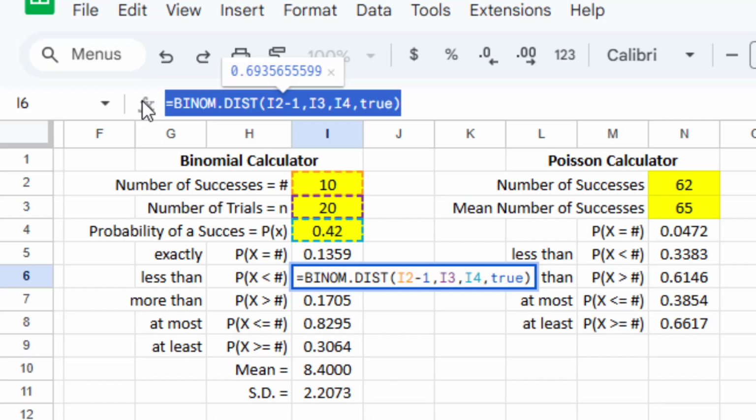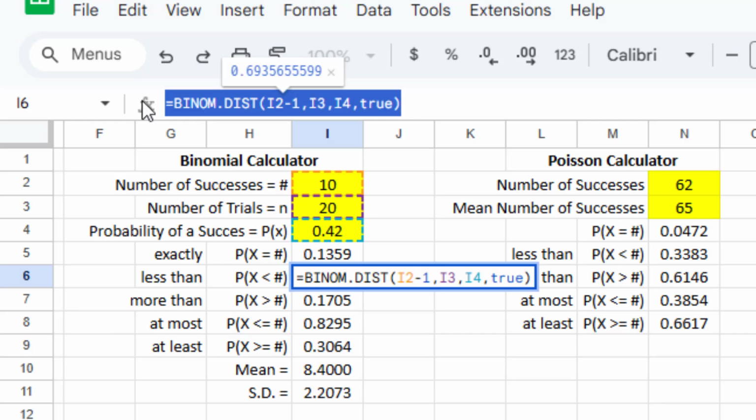Now you might be thinking to yourself, well, why not just use the same function that we used on line 8, but just change my answer in yellow to 9? Well, yeah, you could do that, but then that means every time you come across a question and it tells you it wants less than 10, you have to remember, oh, that's right. If I'm doing a less than 10, I have to actually put 9 into my binomial distribution function. And the whole point of making these quote-unquote calculators where everything is recalculated automatically for us when we change whatever is in the yellow squares